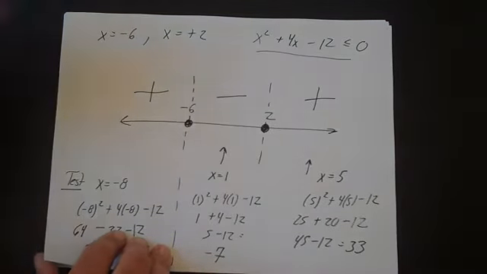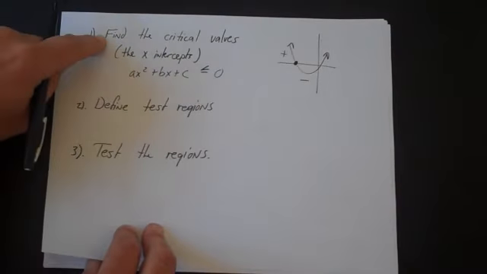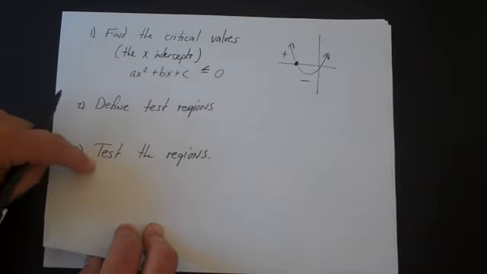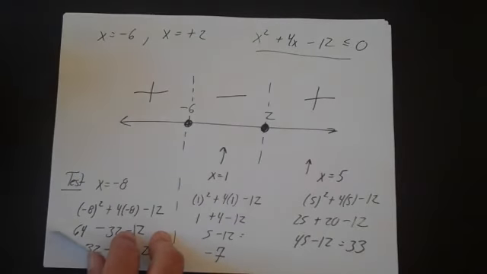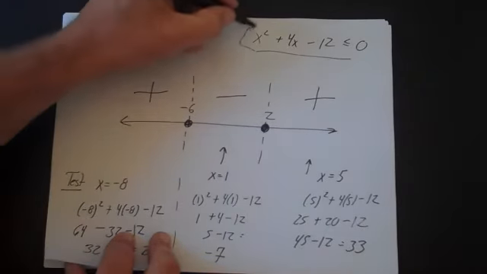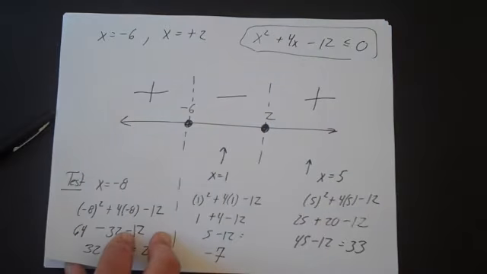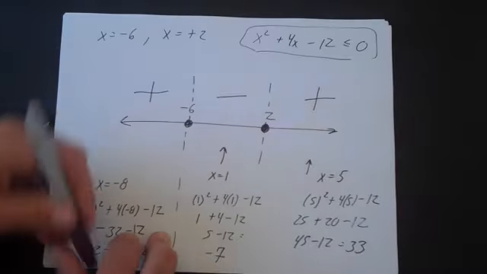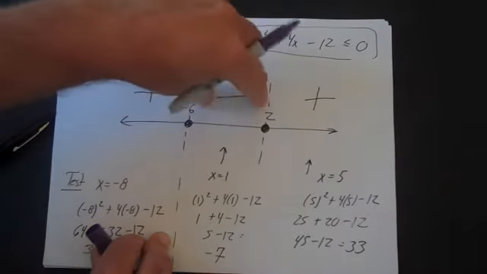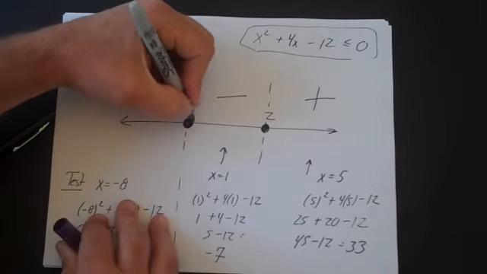So that's step number 1 and 2, and 3 for that matter: find the critical value, define the test regions, and test the regions. I've done that. The last step is I simply solve. I want to know when it is negative or 0, when it's less than or equal to 0. When is it less than or equal to 0? In this region right here. So my answer is going to be minus 6